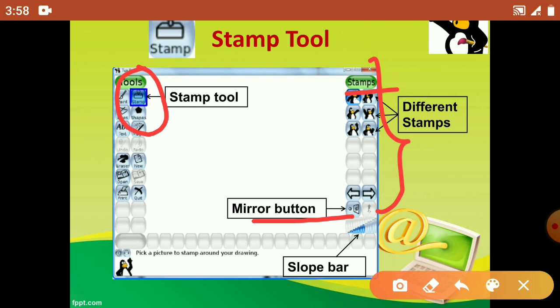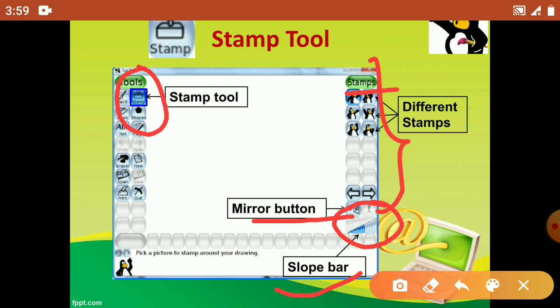Okay, and beside this, below this, one bar is given here. It is like a volume bar, but its name is the slope bar. SLOPE, slope bar. Using this bar, we can change the size of the stamps. So here half selection is given. Half of the bars are selected in blue. That's why the stamp size is medium.